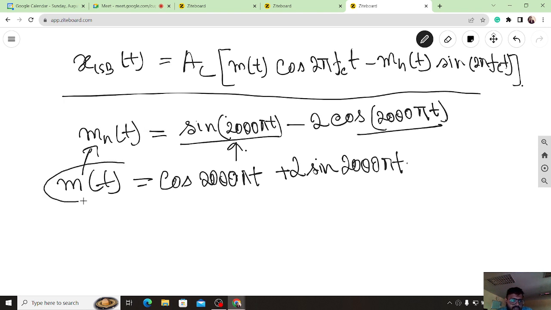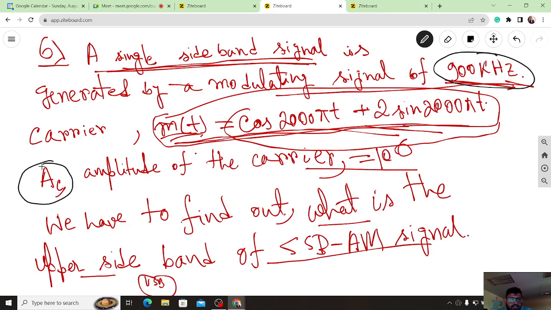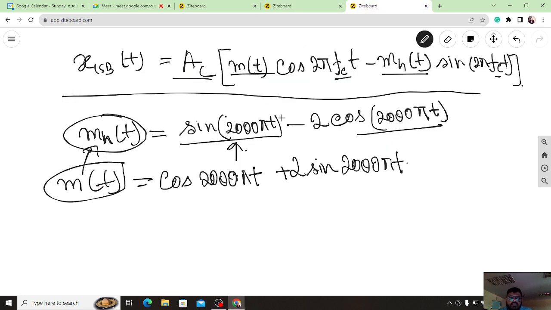So we know what is MT, we also know what is MH of t, and we know what is FC. FC is 100 kilohertz here. So AC is also known, is 100. So just put all this information in this equation. It will be like equal to AC is equal to 100 and this MT